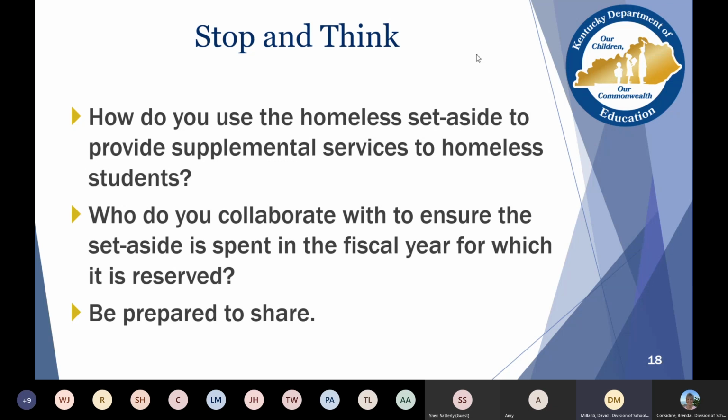Homeless children that are identified, they do have the right, if it best meets their needs, to attend their school of origin. So if they live outside of a school's attendance boundaries, for example, but it wouldn't take much to get them to their school of origin, and that placement would be best for their educational, social, emotional needs, then it is absolutely okay and encouraged and required actually to transport them from their living situation to their school of origin.